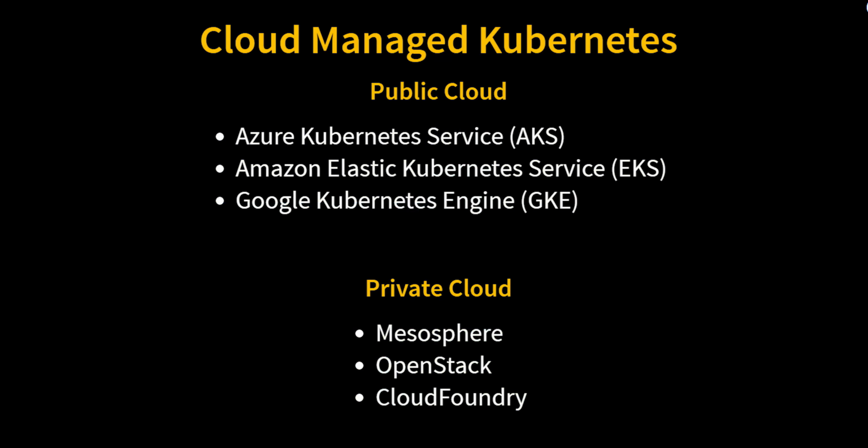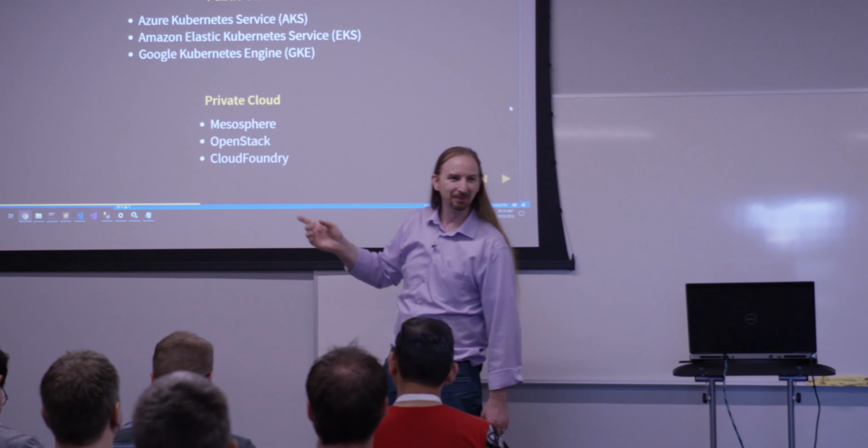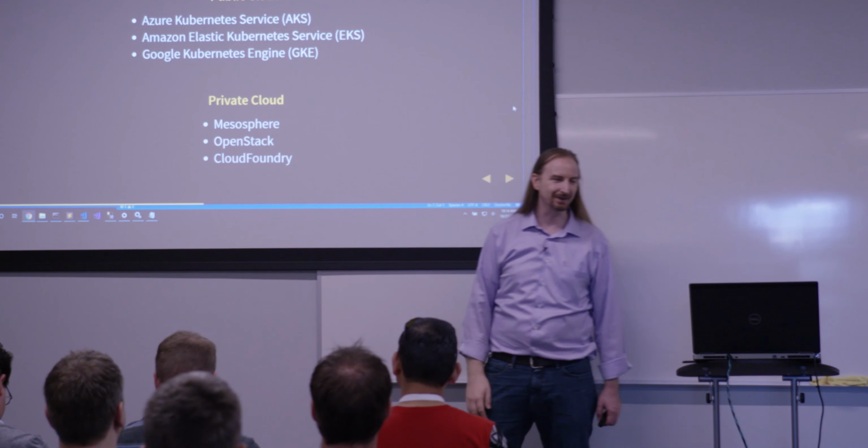If you're on the public cloud, you can go to AWS or Google Cloud or Azure, and you can get a Kubernetes as a service. AKS in Azure, EKS in Amazon, GKE in Google will give you a Kubernetes cluster straight away. If you're in the private cloud, probably your private cloud provider has this built in. Mesosphere, OpenStack, Cloud Foundry. And there's actually a cool link that has just tons more. Wait a minute. Isn't Mesosphere one of the orchestrators that we were looking at a bit ago? Yeah. Mesosphere launches Kubernetes clusters if you opt for it now, which is really cool.